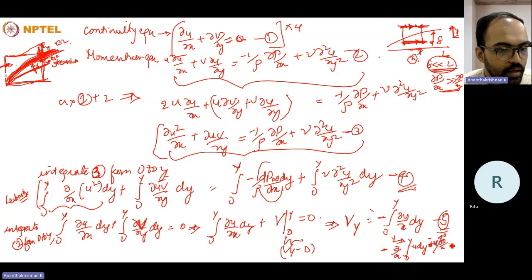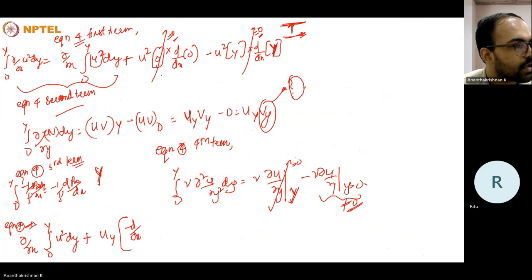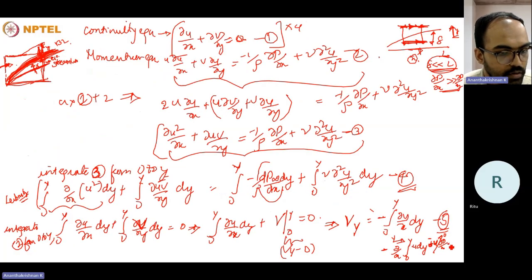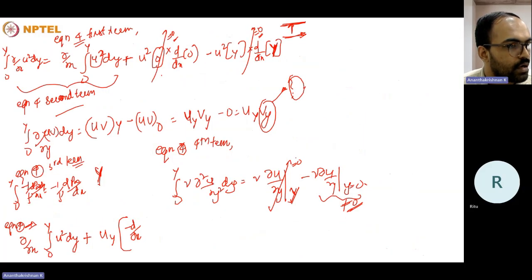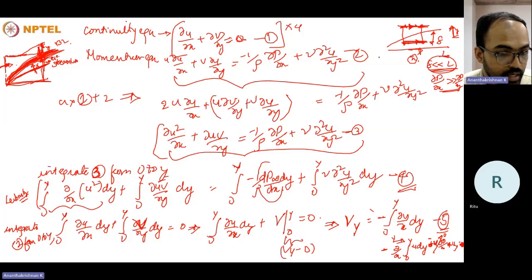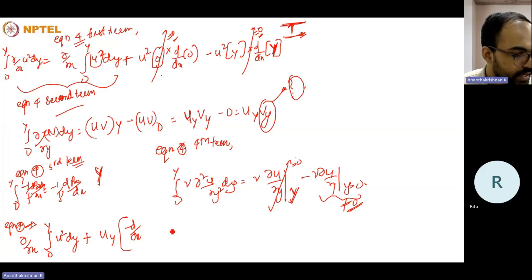On the top side, it will be minus of u0, and here it will be u y and dy by dx. When dy by dx is a constant, that will be equal to 0. Therefore, we could write vy is equal to minus of this one, same as this. So you can take the integral inside and take the derivative outside. So that will be minus of dy by dx of integral of 0 to y u dy